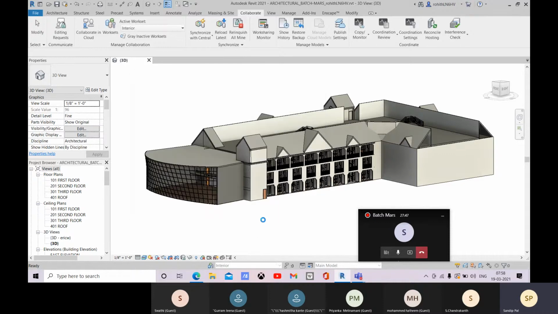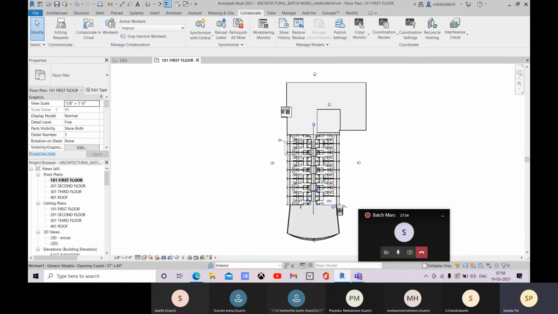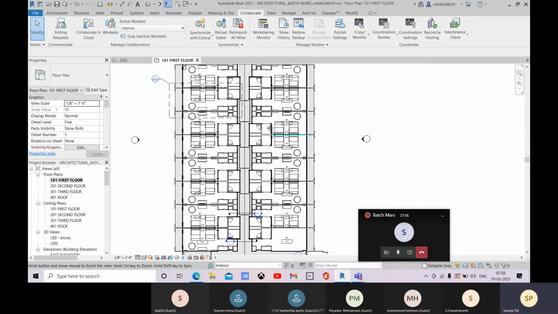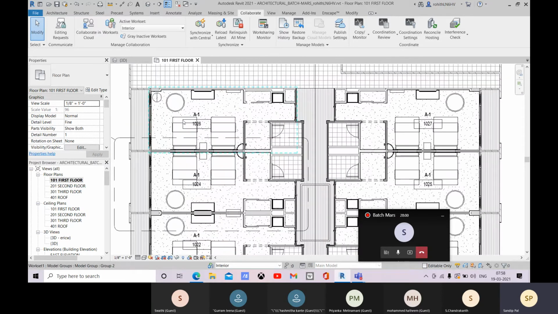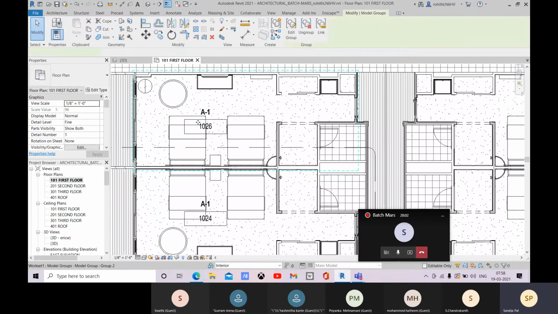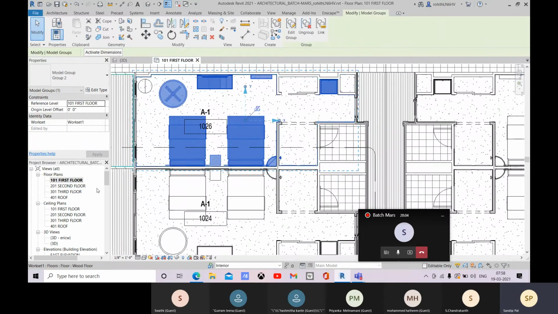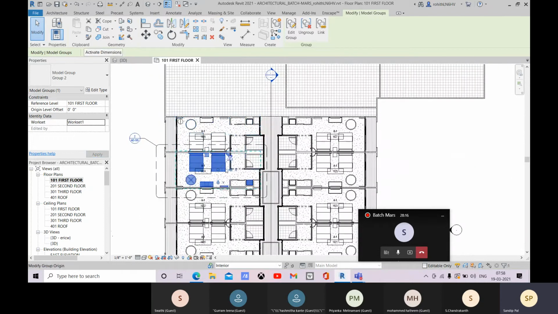So let me define this. Let me come to this first floor now, and about these components, you can see these are all already defined with Workset 1. So I will just change it from here to interior. I'll just select them.